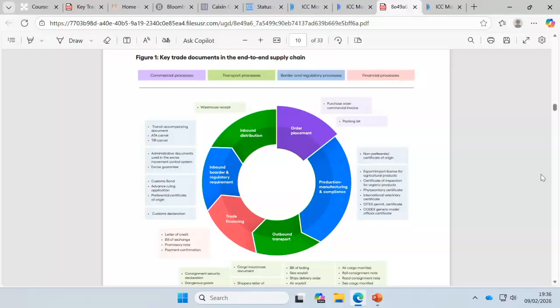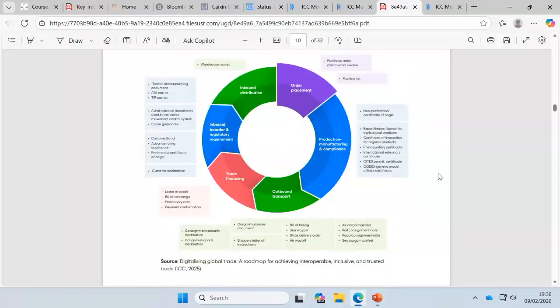Outbound transport, things like, let's see if I get, importantly, we can see, and we'll look at this obviously later, but things like choices between air transport and sea transport. And this is something that I'll pull up a little bit later, I think, in terms of an example. But if we look at air transport